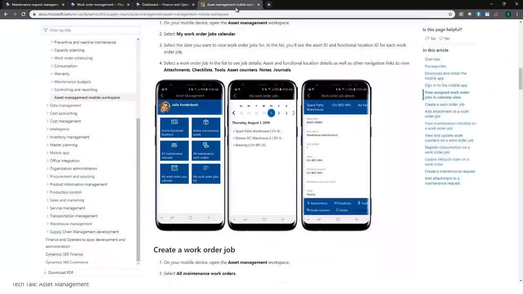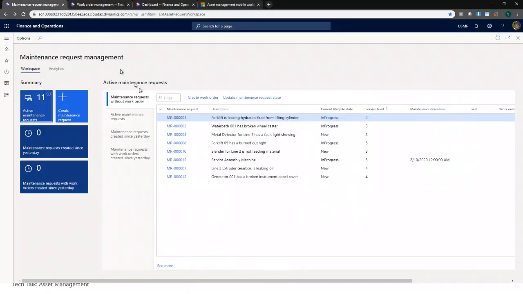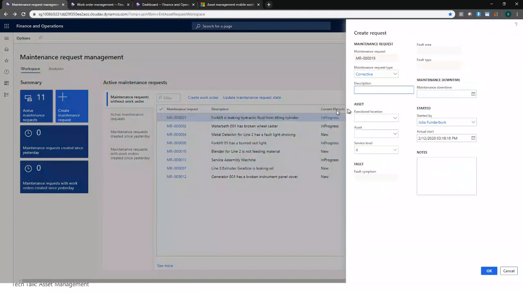So here for this demo, what we will do is create the maintenance request through the web app today, but you can also do the same thing from a mobile app. So here I am in the maintenance request management workspace. Here I'm going to click on create new maintenance request, and